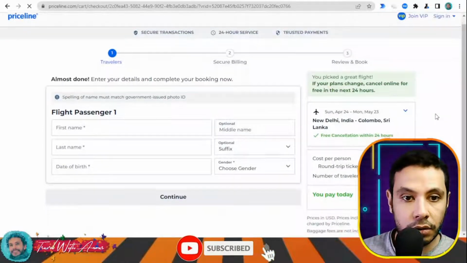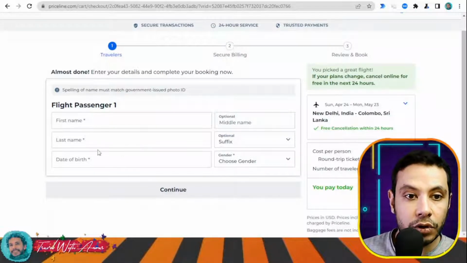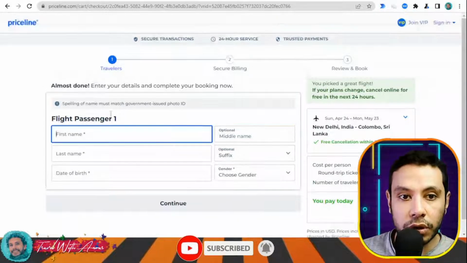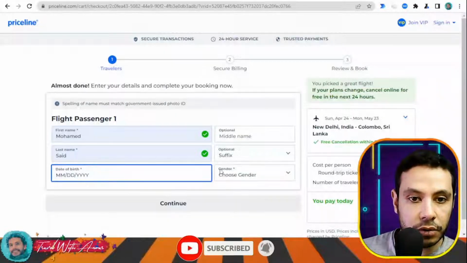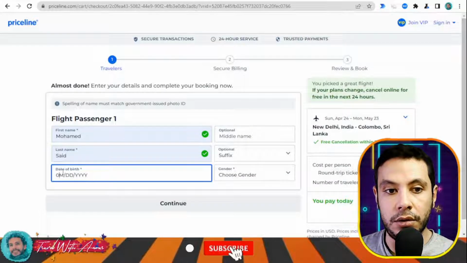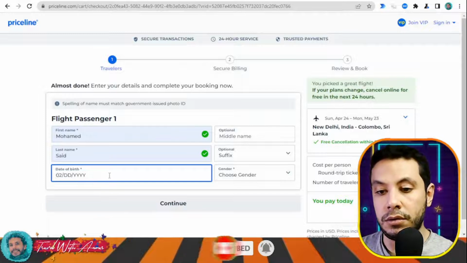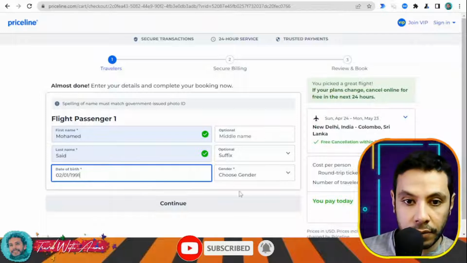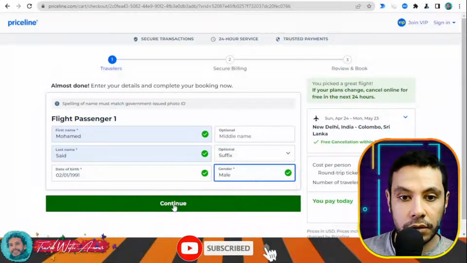All right, okay, so here you give your first name, your last name, your date of birth, and this middle name is optional. So let's just give some information here. Date of birth also. Okay, just one second. For example, and then click continue, mail, continue,